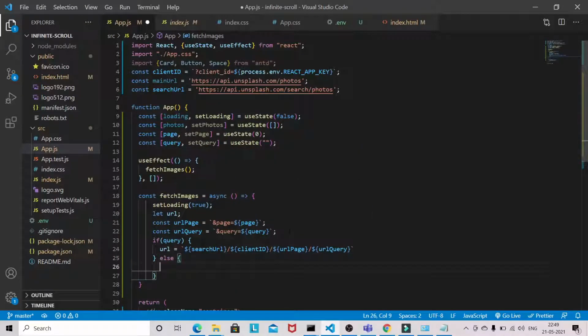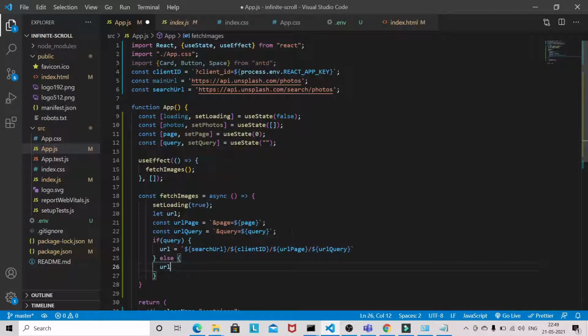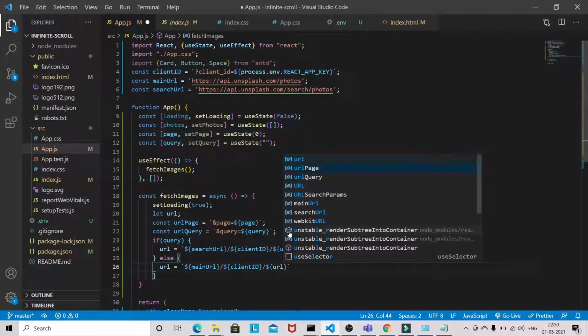Else we have to change the URL. Basically we are switching the URL if user is searching the image with the query, or he is just doing a scroll down. Okay, so this will be a main URL, and client ID we have to provide, urlPage.